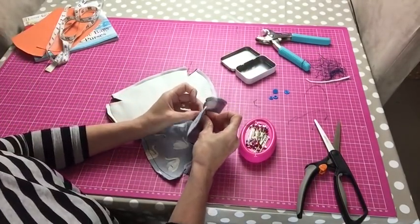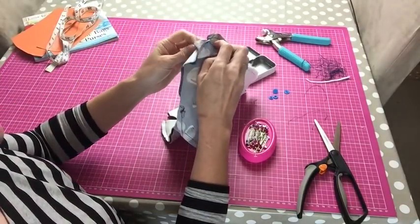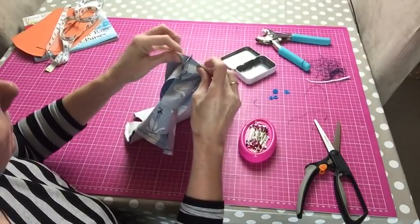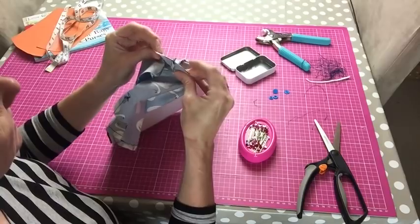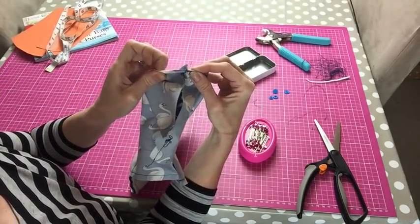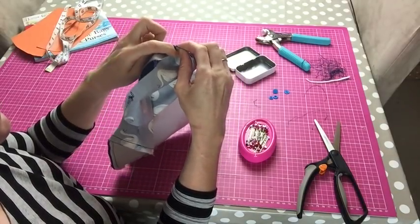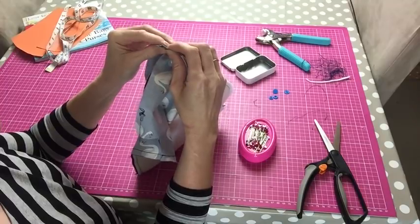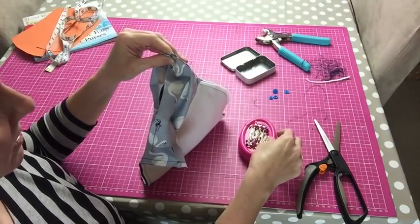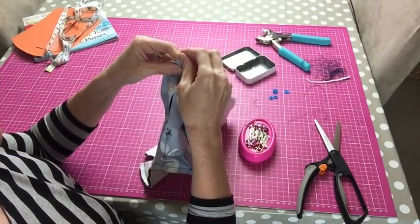So that involves grabbing these little triangles and pulling them apart. So you see that? When you pull the triangle apart, you can line up the raw edges, line up the seam, hope you can see that there, and then pop one to one side and one to the other side, making sure that it's nice and lined up. And then using a pin, I normally just pop a pin right down the middle of that where they're lined up